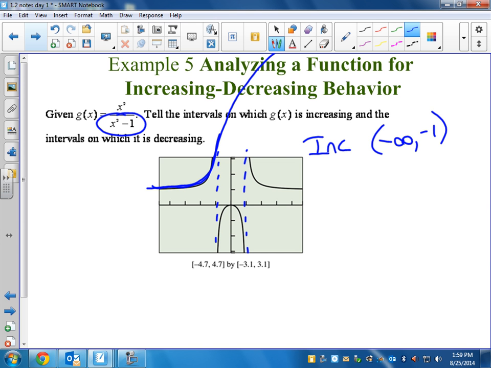Now skip over the asymptote and start the next part of your graph. If I go here, what's happening on this part of the graph? It's still increasing until when? Till 0. So it's still increasing from negative 1 to 0. Your book's going to put a bracket around 0. I always put a parenthesis around 0 because I feel like it's not